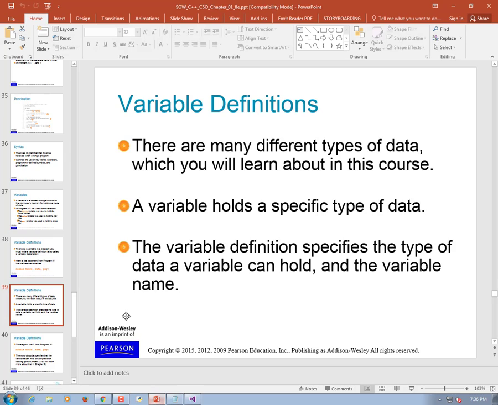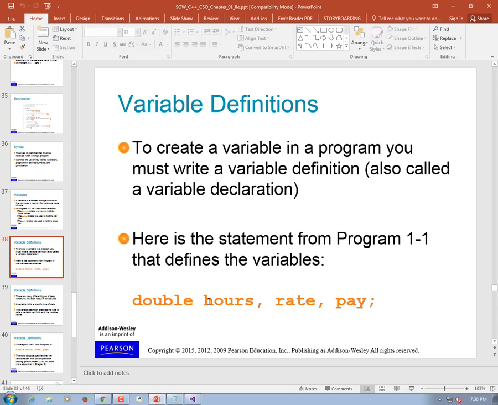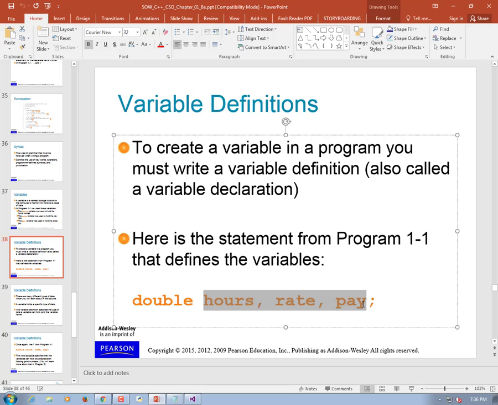So when you're defining a variable, you can define more than one, and as long as they are of the same type, you can put them all on the same line. You can say double, and then I want 3 different variables of type double. What's a double? It's a big float. It's a float that's capable of holding